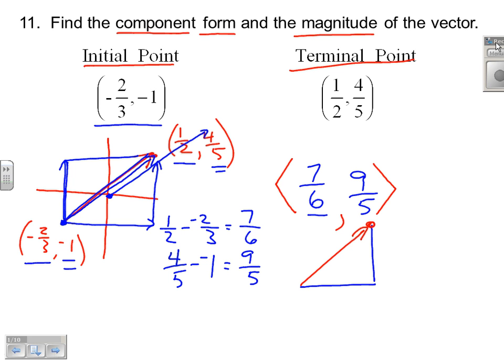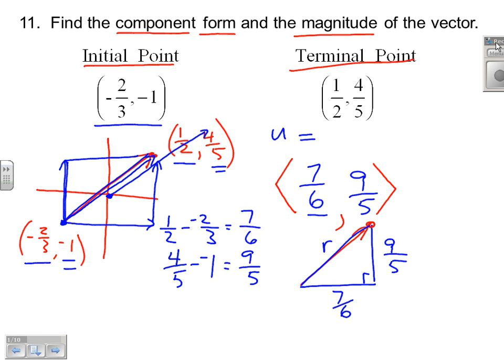Okay, so pretty simple process to understand, I believe, and pretty easy process to go through as well. Now, as far as magnitude goes, magnitude is just asking how far did I slide the chair? If I slid the chair along this line, creating this right triangle, 7/6 by 9/5, the magnitude is this distance right here. I'm going to call it R. So my magnitude becomes just a real quick Pythagorean theorem problem. If I call this vector u,